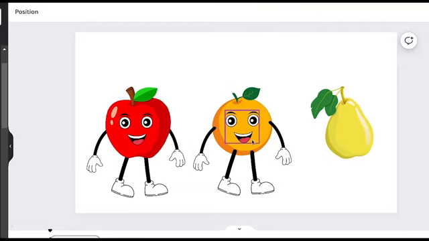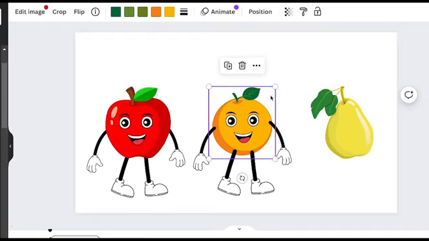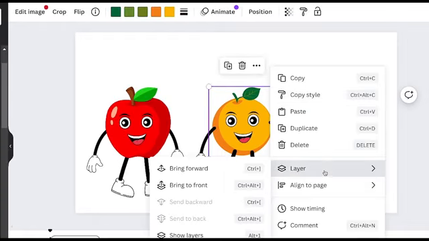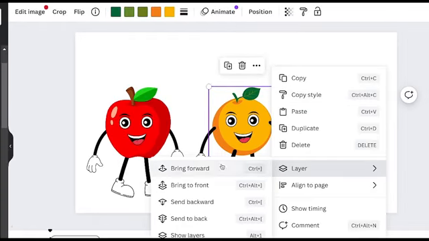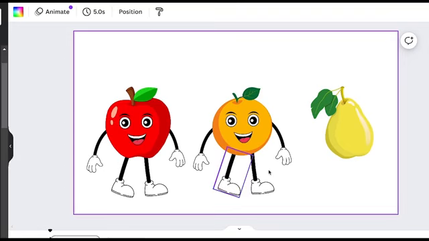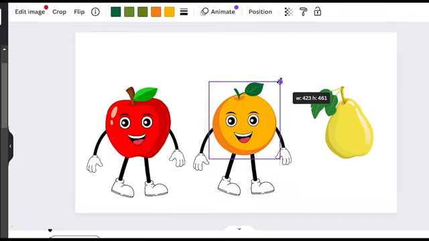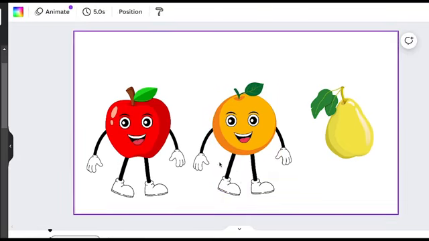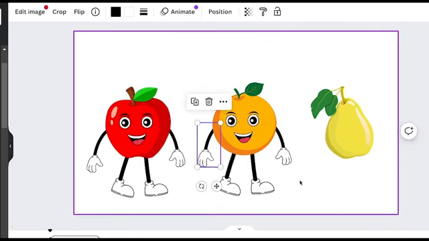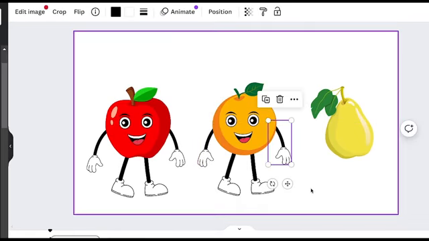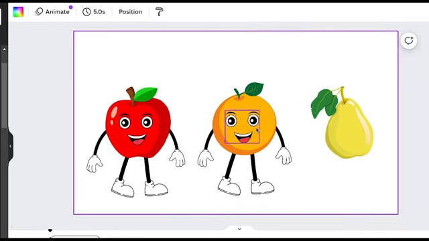And now, as you can see, we're mostly done with our orange. All you need to do now is click onto the orange, click where it says Layer, and then click Bring Forward, and then you want to keep bringing it forward till it's in front of all the legs. And there you go, was that simple. So from here, all you want to do is maybe just adjust the sizing of the character, so it's not too big or not too small, readjust different aspects of it. And now, just like that, within 5 seconds later, I had my second character done.